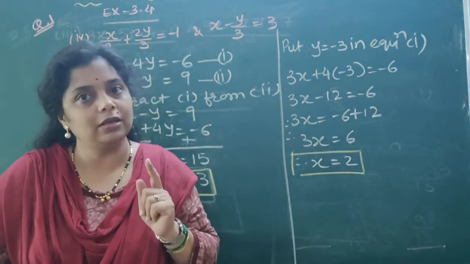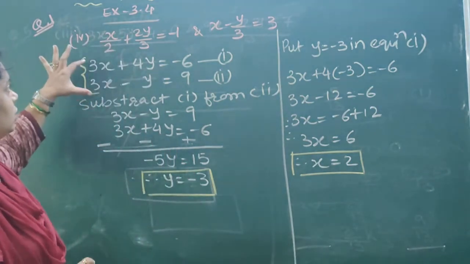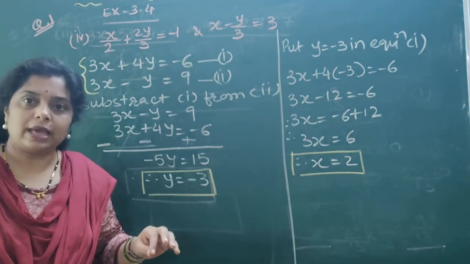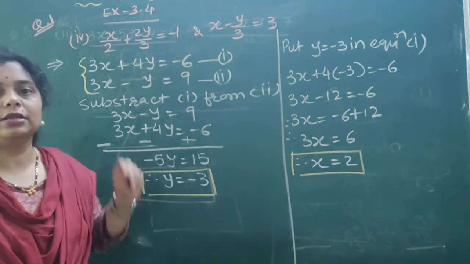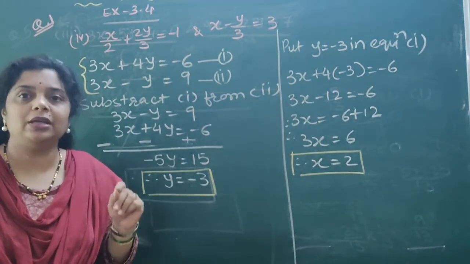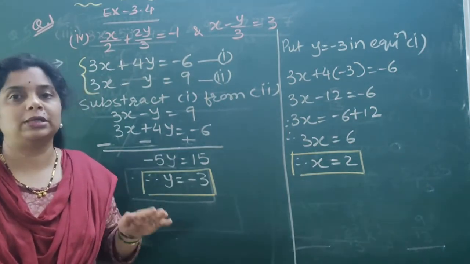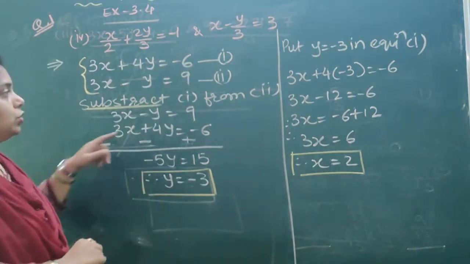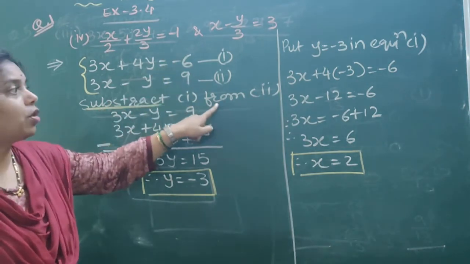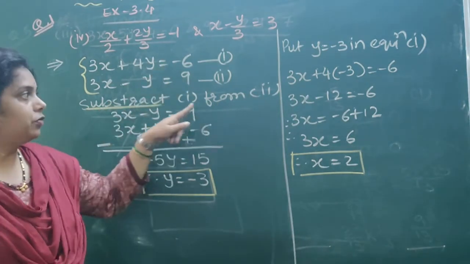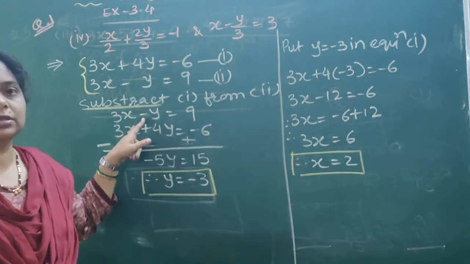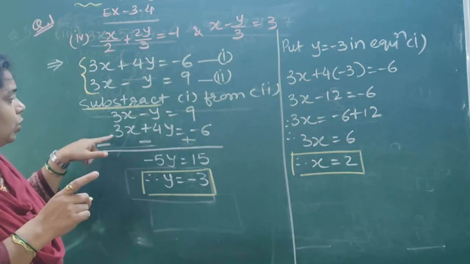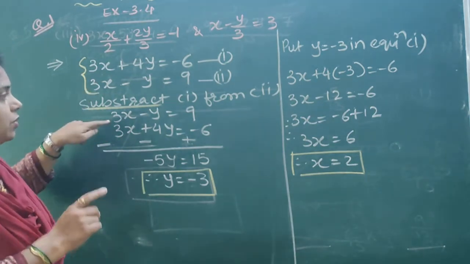So which process do we have to do? The subtraction method. Here we do not multiply any equation with any number, because the coefficients are numerically the same. So no need to multiply with anything else. Here we just have to do the subtraction. So I subtract the first equation from the second. From the second means I have to first write the second equation and then subtract the first equation from it.